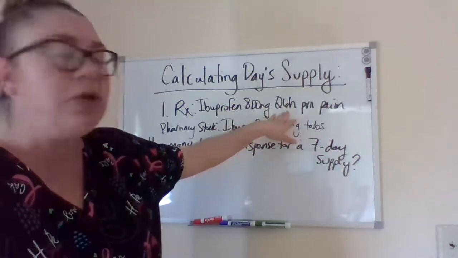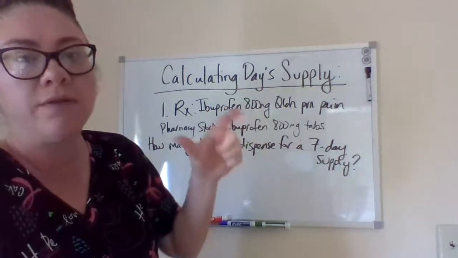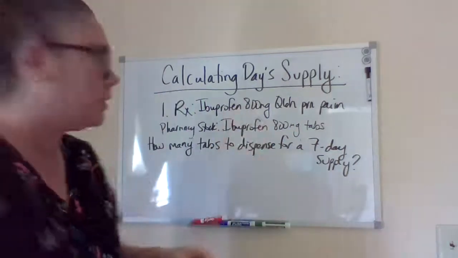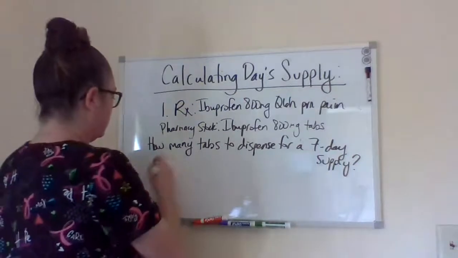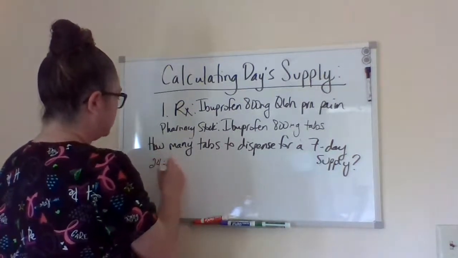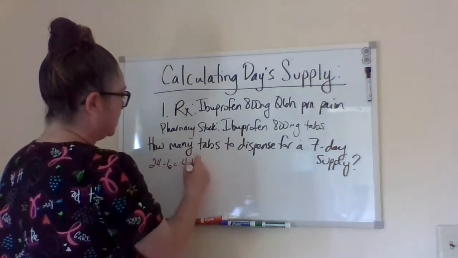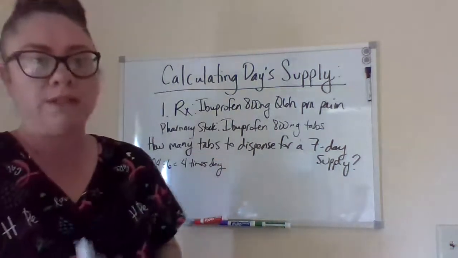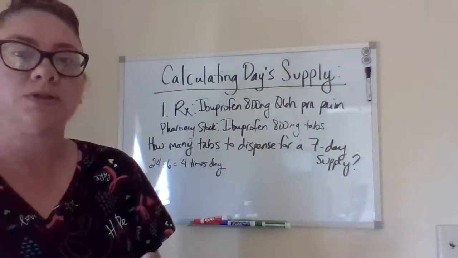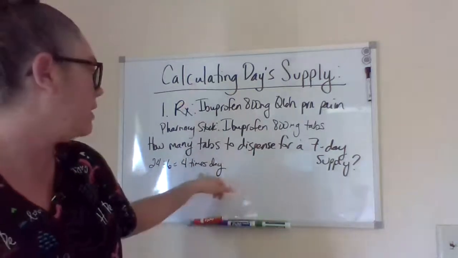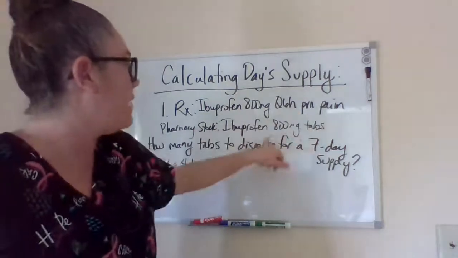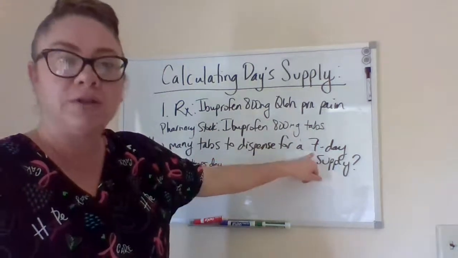So when you look at Q6 hours, you're basing that off of a 24-hour period. So every 6 hours, you're going to take 24 divided by 6 equals 4 times a day. So if the patient took 1 tablet every 6 hours in a 24-hour period, they would take it 4 times a day, okay? So based off of that, we need to figure out how much they are going to get for